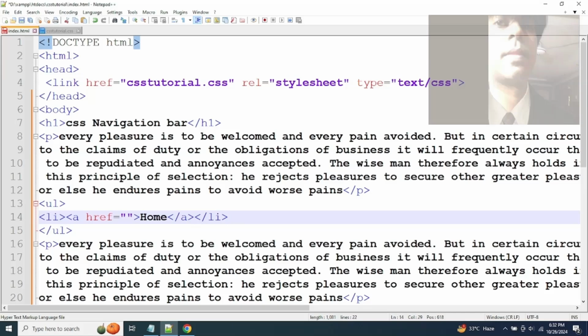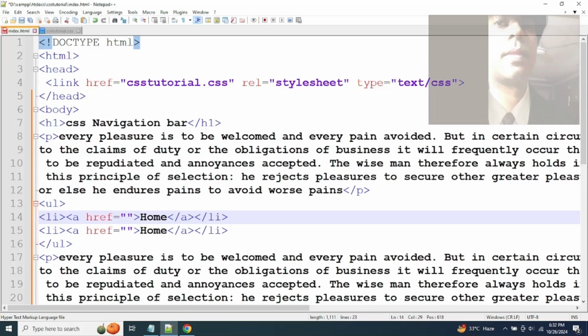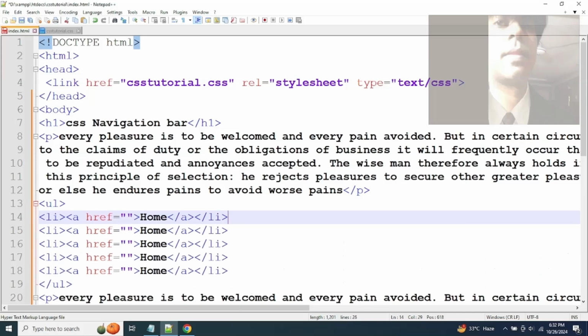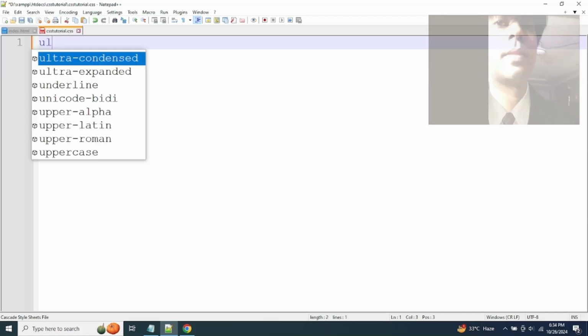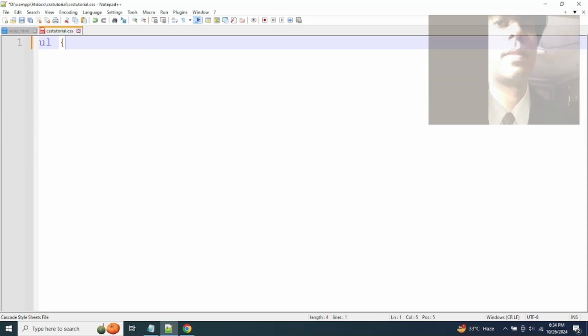Copy. We use the UL tag and li tag, basically a list of links. So using the UL tag and li tag elements makes perfect sense. We will use the external style sheet, the css tutorial.css file, and we will use the ul selector, open curly braces and close